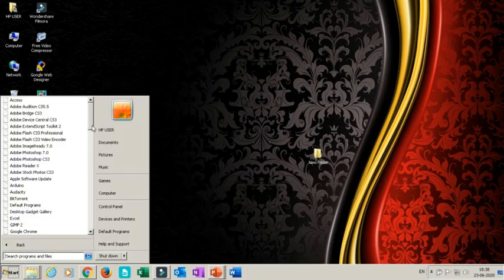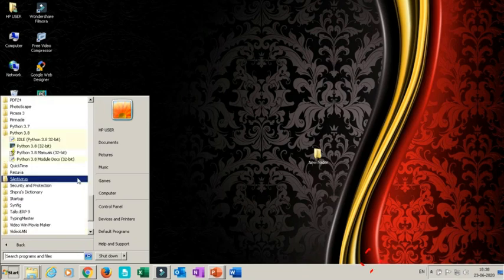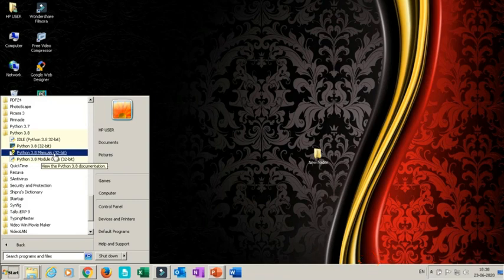Go to the Python start. You can see here Python. I have 3.7 also. I have 3.8. Just now I have installed it. So click on 3.8. You can see these options. There is a Python IDLE. This is a GUI Python. This is Python, a console Python. And there are Python manuals. You can go through it. And Python 3.8 module docs are there. So for our purpose, this is Python IDLE.